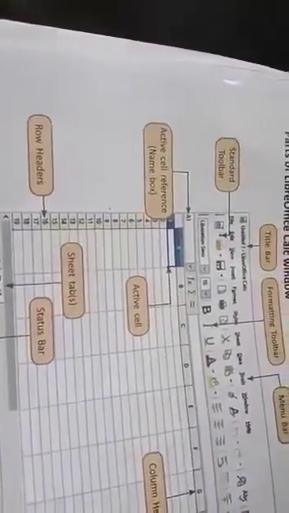Now click on this button. If you want sheet 4, sheet 4 will come. Came बच्चे, sheet 4. Again if you want sheet 5, click here: sheet 5, sheet 6, sheet 7. By default in MS Excel 3 sheets are there, and by default the names are sheet 1, sheet 2, sheet 3. Clear बच्चे? If you want more, you can click on this button. This is called the sheet tab, where sheet 1, sheet 2, sheet 3 are written. See here बच्चे, in the book, sheet 1 is written here, sheet tab.